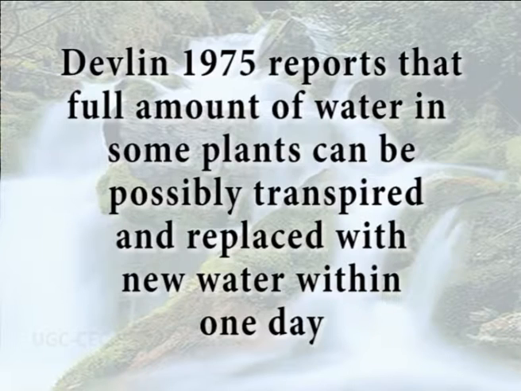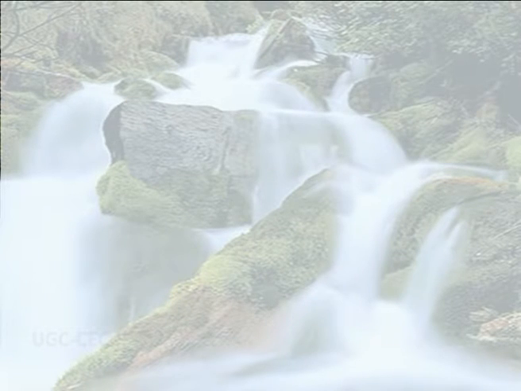Under conditions that favor transpiration, Devlin 1975 reported, according to Morey et al. 2003, the rate of ascent of water from the roots to the leaves can be as fast as 75 centimeters or 0.7 meter per minute. About 90% or more of the water that enters a plant through its roots is usually transpired from the surface of the leaves.